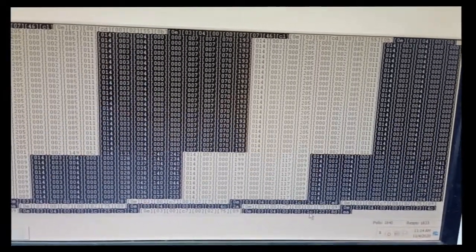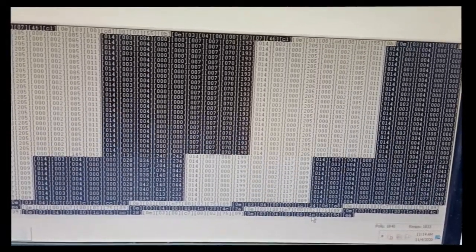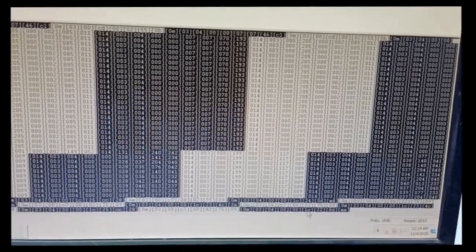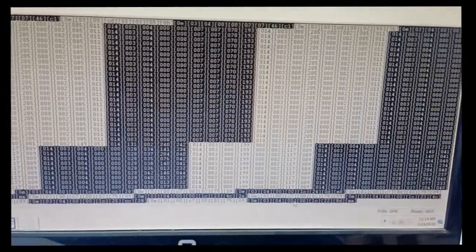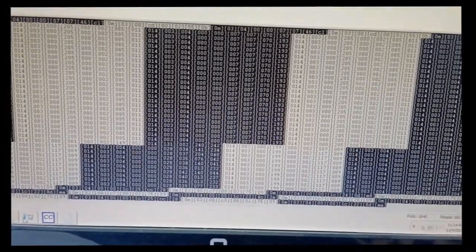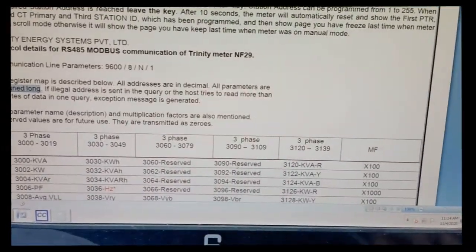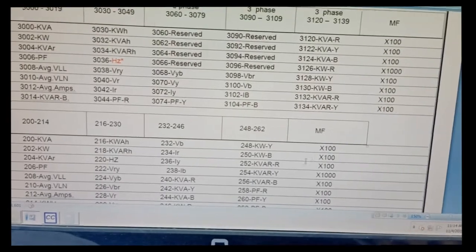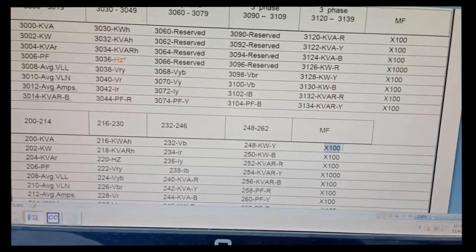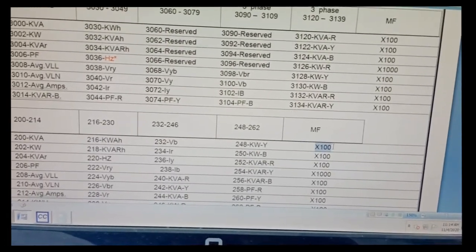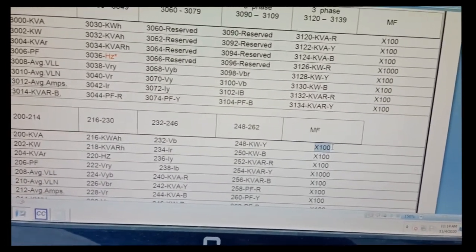So make sure you always combine 4 bytes to get the correct reading as per the meter display. Then as per the MF, you need to divide that data by the respective MF. For the kVA, we need to divide the value by 100. Here you can see we have written the MF for the kVA is 100.